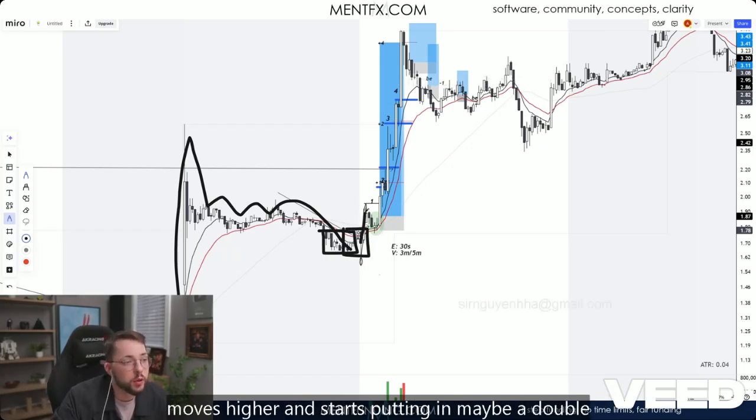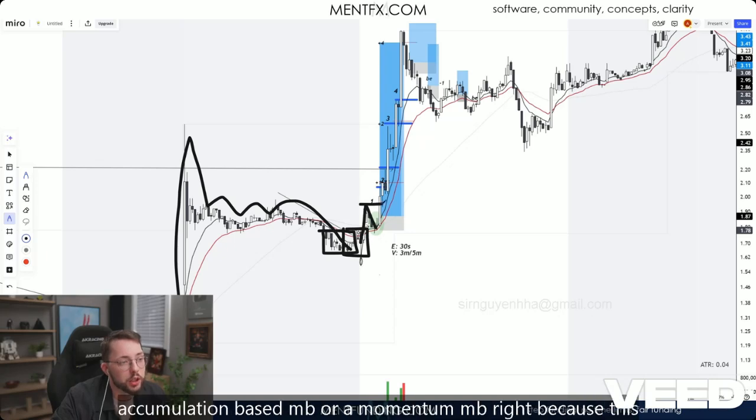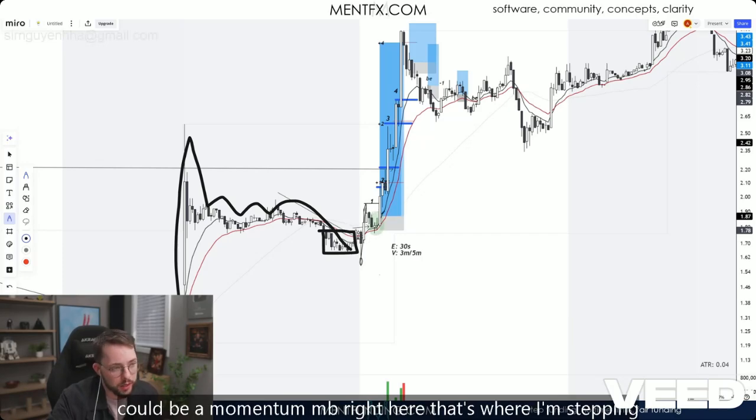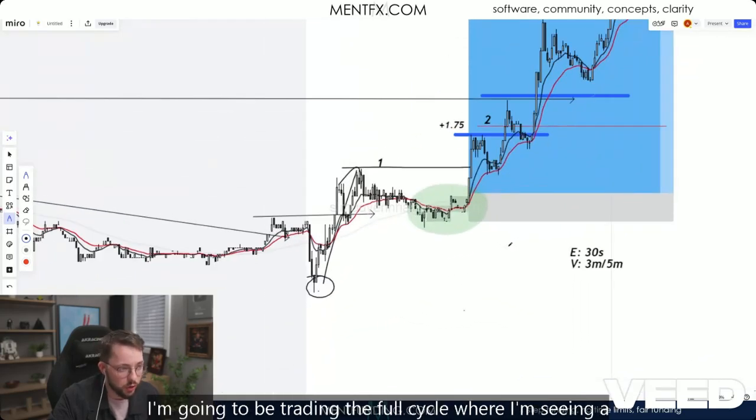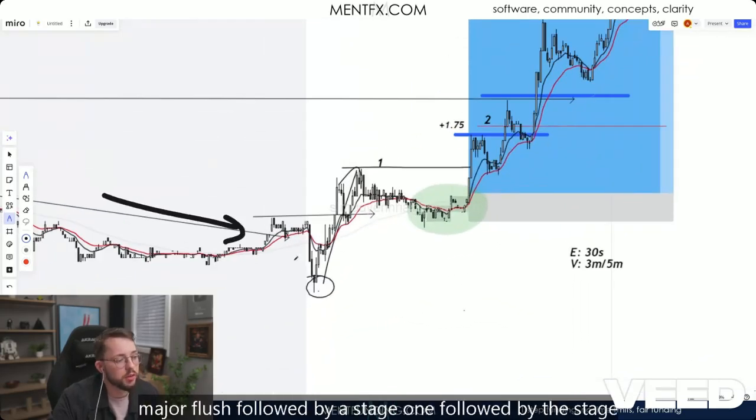And then as it moves higher and starts putting in maybe a double accumulation-based MB or a momentum MB, right? Because this could be a momentum MB right here. That's where I'm stepping down. And that's exactly where I'm trading the full cycle, where I'm seeing a major flush, followed by a stage one,